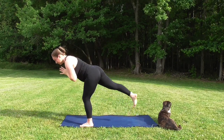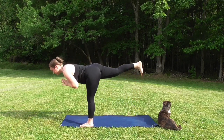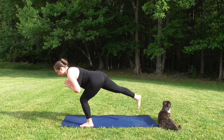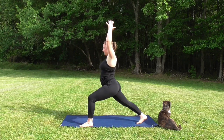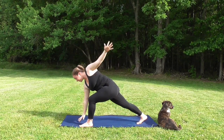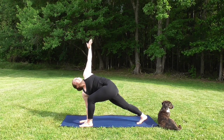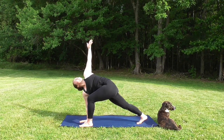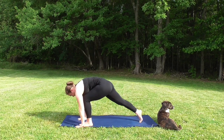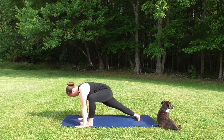So back leg extends. Chest is working to be parallel with the ground. And then step back, high lunge. Nice big open chest, and then split your arms. So left hand extends upward, right hand finds the ground. Find that rotation. Lower the left hand down, and then rock on to the outer edge of the right foot